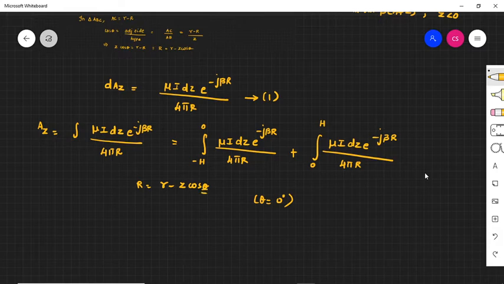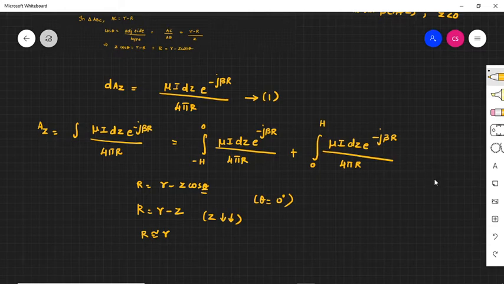So when you substitute theta equal to 0 here, cos 0 becomes 1 and we will be getting R is equal to r minus z. Once again, considering the far field region, the z value, which is the axis in which the antenna is lying, is also very small when compared to the far field region. So we will therefore equate capital R is equal to small r. In the above equation, I am going to replace capital R with small r and we will proceed with the derivation.